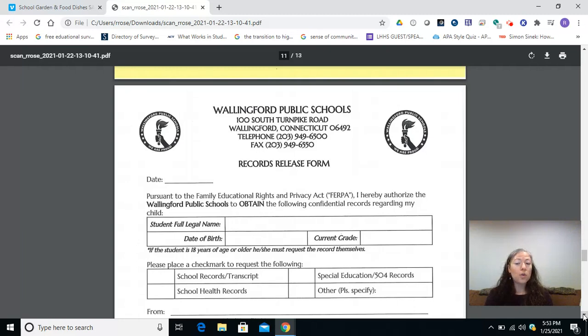You also need to do a records release form. It was sent to you, and this is so that we can get your final official documents from your current middle school. I know we did a smaller records release as part of the application process, but this is the big one that we need now that things are finalized. And then you will also need your birth certificate as part of the online registration process. So it needs to be the long form. So not the nice little one that can fit in a wallet, but the full page size birth certificate. So all of those things will need to get uploaded when you do the online registration process with Wallingford Public Schools, and you'll need to complete that by March 1st.